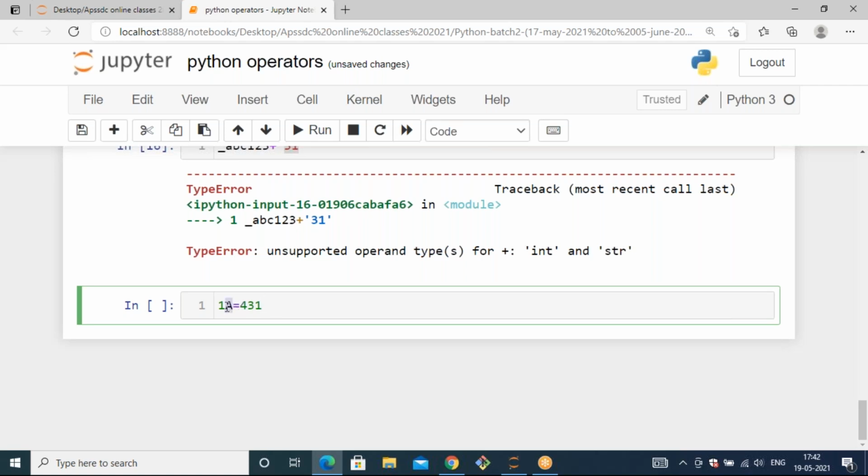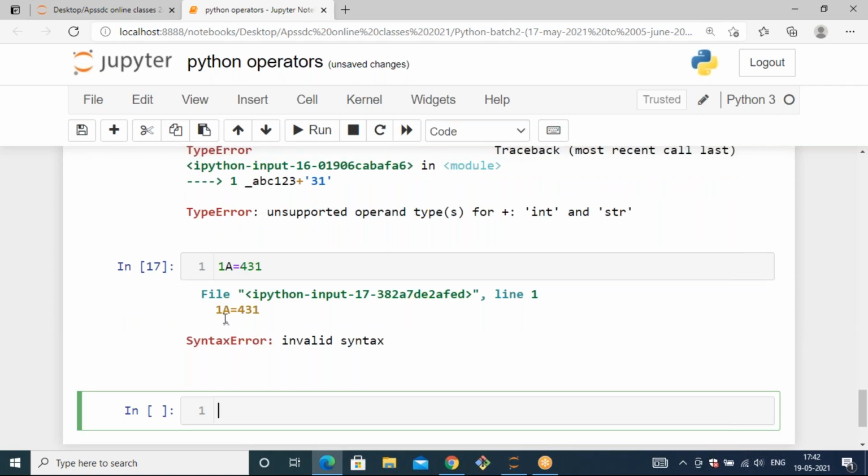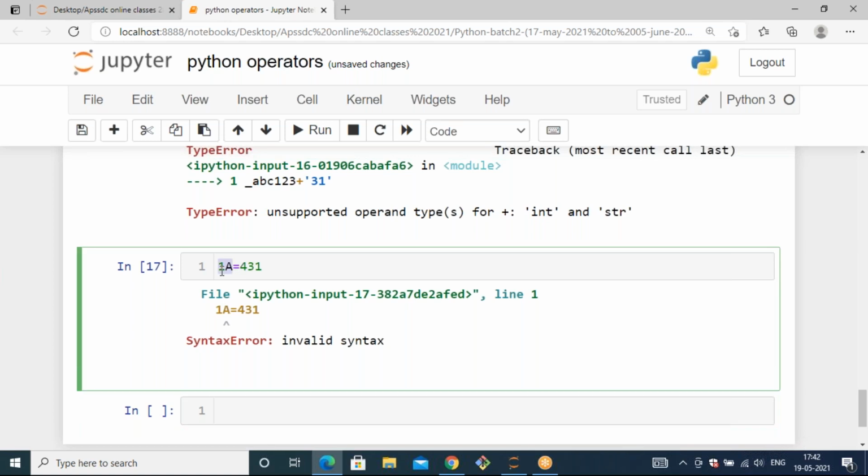Yes, here if you see, the variable starts with a number. So it doesn't work when the variable starts with a number. That is the error here. That is a syntax error. That means we are having 1 as the start. That is why it is not considered a variable; it is a kind of operation, or a kind of syntax error. Okay. So it means the variable cannot start with a number.